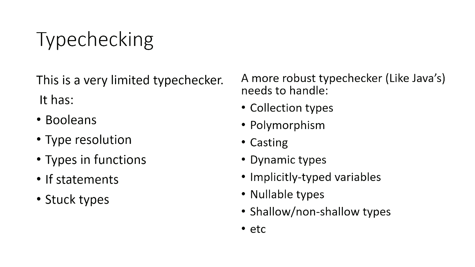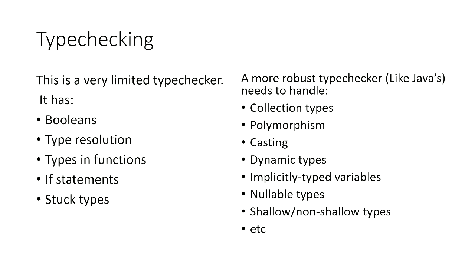So a more robust type checker, such as you would implement for any modern language, I chose Java in particular because it's very strongly typed. So it would need to handle collection types, types in enumerations like lists or arrays. It would need to handle polymorphism, which is a pretty difficult task, as I'll discuss a little later in this presentation. It would need to handle typecasting, whether typecasting is possible, whether there's an implicit or an explicit cast for a given type. It would need to handle dynamic types, resolved only at runtime, which is sort of implicated with polymorphism. Like I said, implicitly typed variables, when you can use the keyword var in Java, and it'll infer the